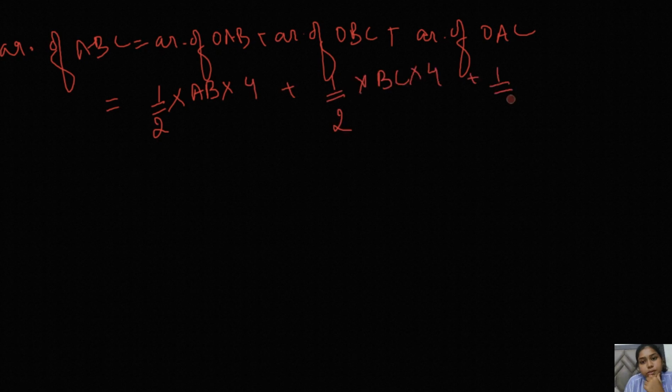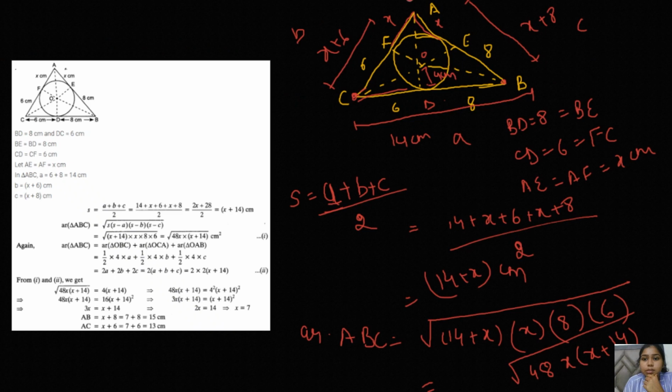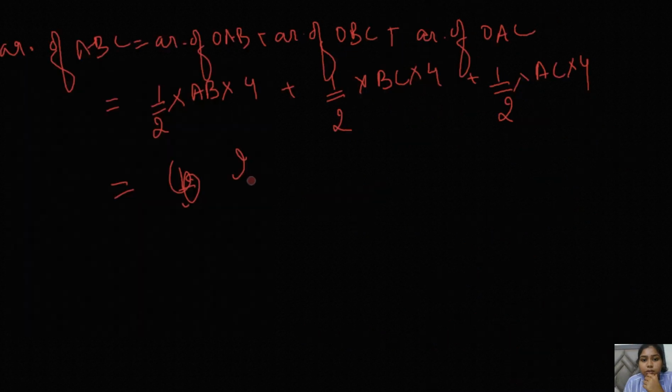In all the cases the radius was 4, that is why the height will be considered as 4. So it will be like AB, what was AB? We have considered AB as C, BC was A, and AB was C, okay. So AB was C, so we can write it as 2C, BC was A and this was B. Am I clear by this? We have just written the forms in which we have considered our sides.